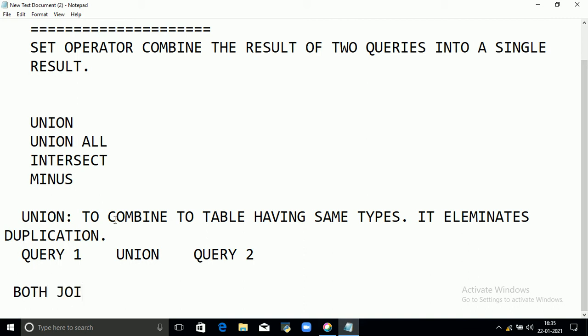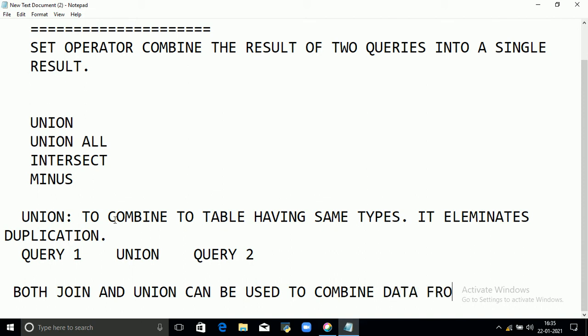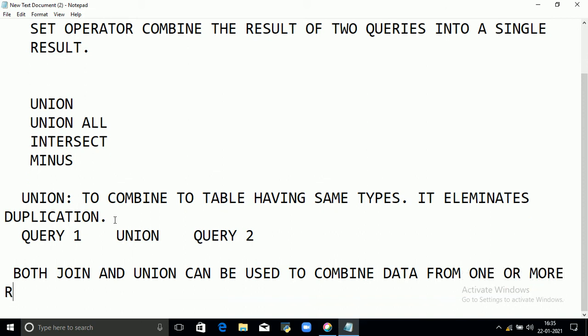Both join and union can be used to combine data from one or more tables into a single table or result.